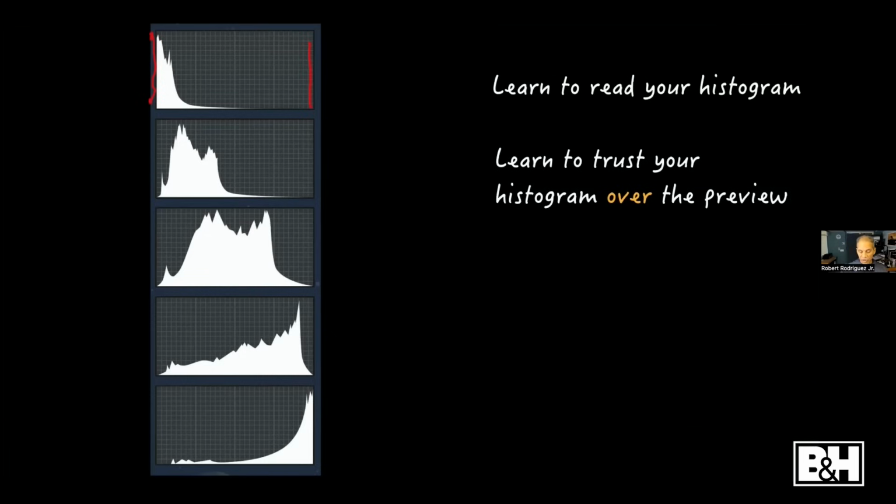In this first histogram at the top, we are clipping on the left-hand side because we've got that peak pressed up against the left-hand side. This histogram is underexposed. And so in order to adjust this histogram, we would need to let in more light. The second one below this isn't clipping in the shadows. So technically you are recording all of the tones in the scene. However, I would still say that it is underexposed because